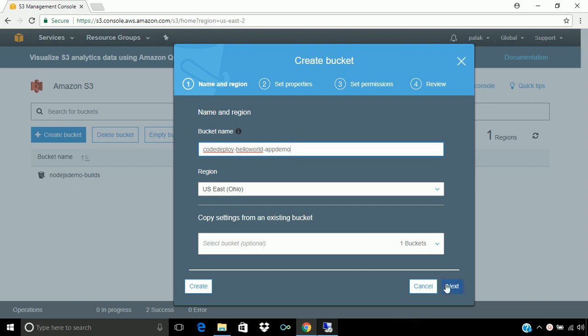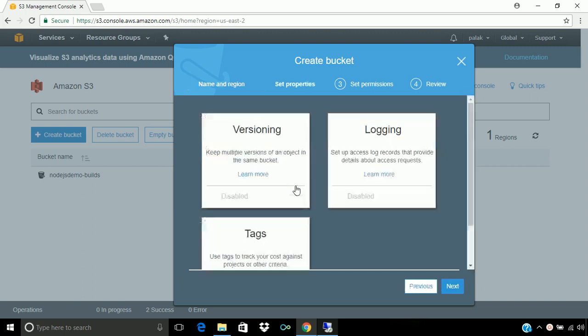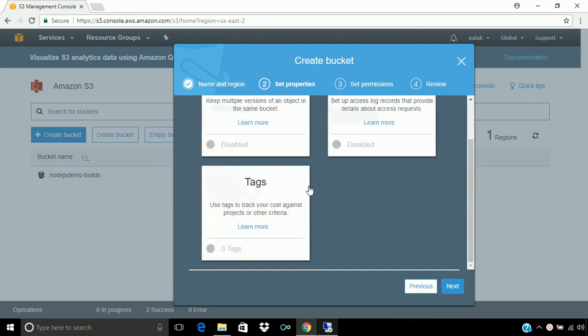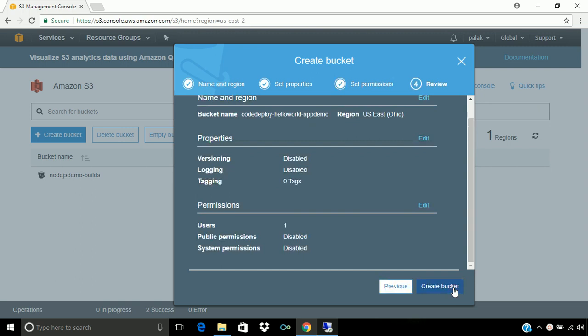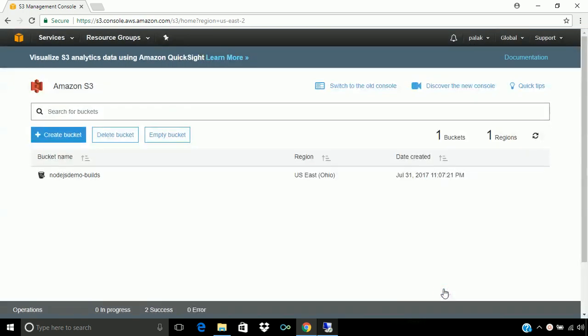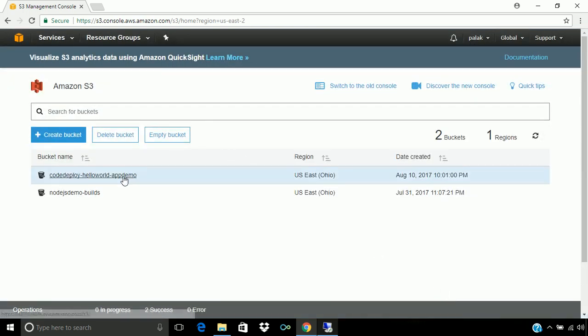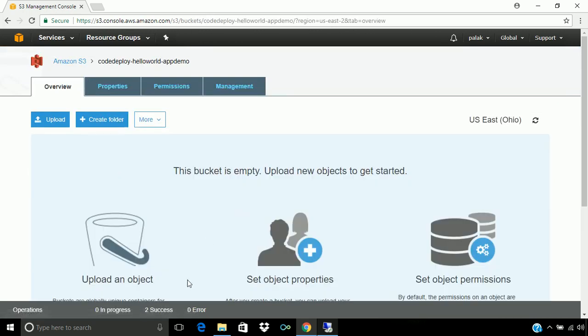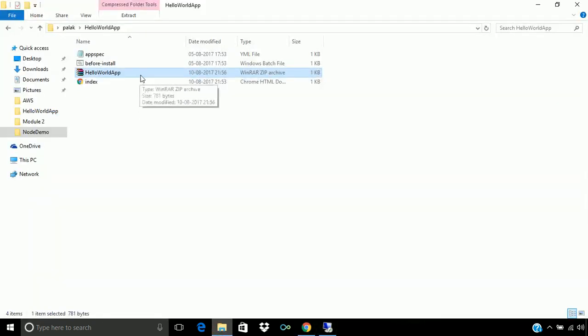Now click on next. This bucket should be in the same region as our code deploy and other services are running, so please ensure that. And now let's create this bucket. Our bucket has been created. Now let's upload this zip file into this bucket.